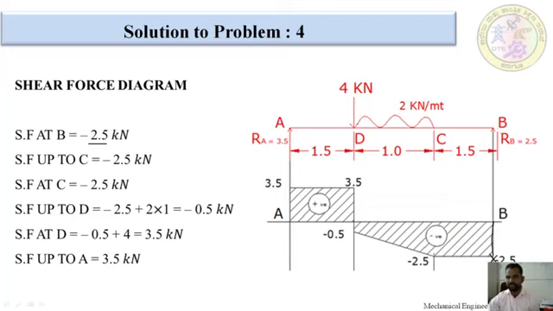There is no load between these two points B and C. For that reason I am going to draw a horizontal line. But we can't draw a horizontal line here, because we are having a UDL on the beam. For that reason, first of all we have to mark it up to point D. How much are we having? Negative 0.5. We join with an inclined line here. But at point D we got 3.5. 3.5 is positive, so it is above the baseline. Mark it and join with a vertical line. There is no load between these two points, so we draw a horizontal line.